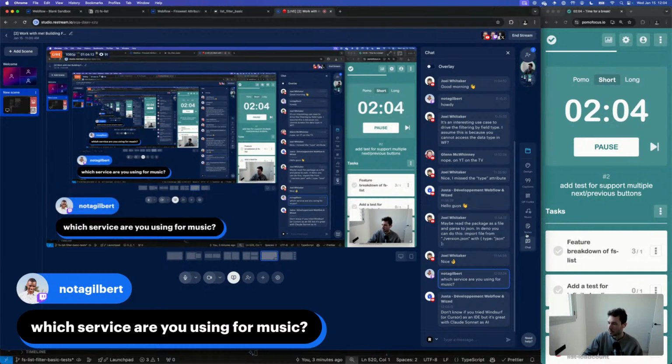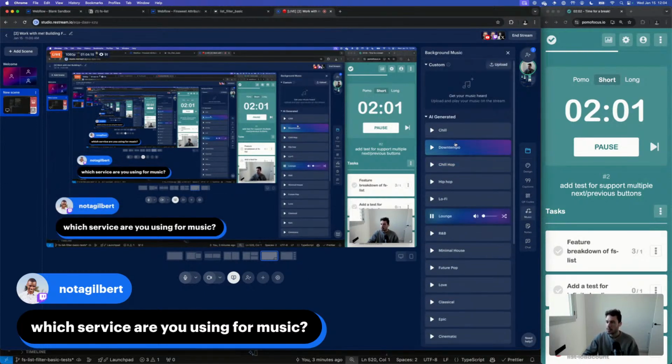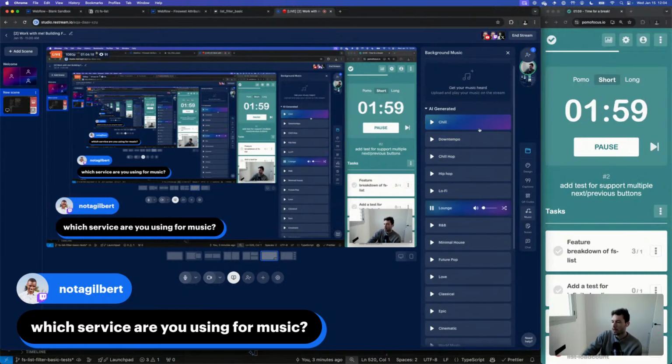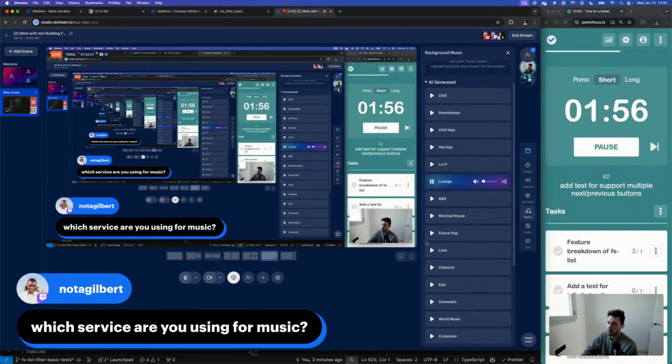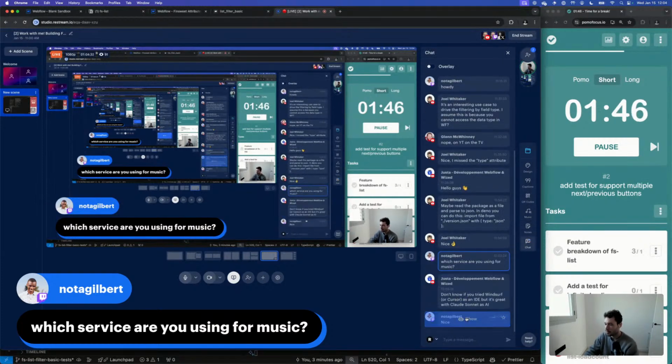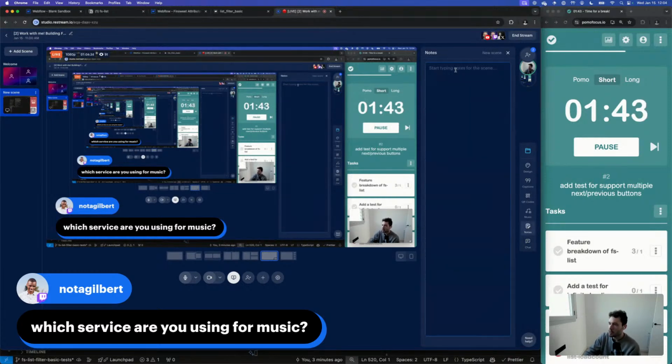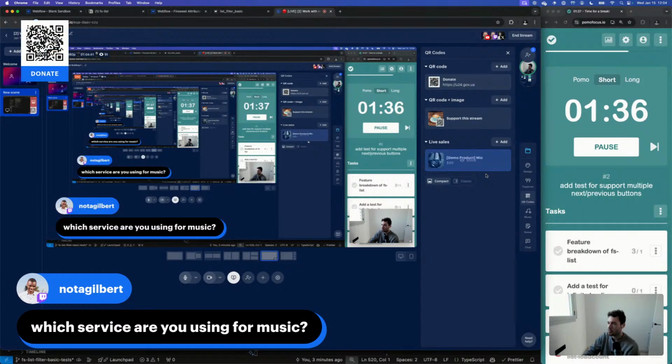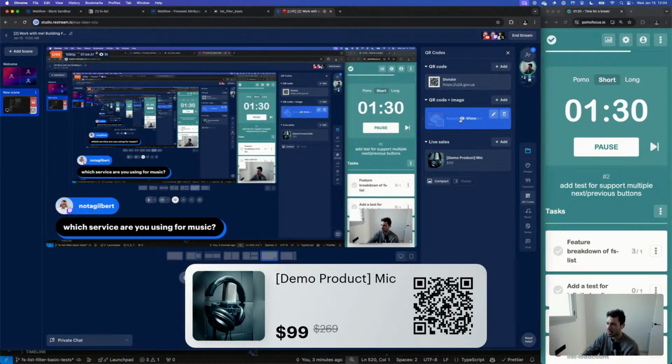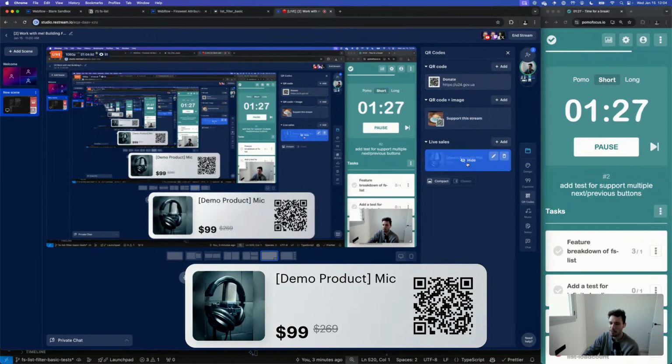Then I can do things like adding music, and you can see how I've got these different options I was testing. Let's try minimal house. Hey, that's cool. We can do a bit of minimal house. Yay. I can add some notes if I wanted to talk about something and not show it to you guys. I can show, this is default, but I think that it allows me to display kind of like QR codes and links and things. So, I can promote stuff.